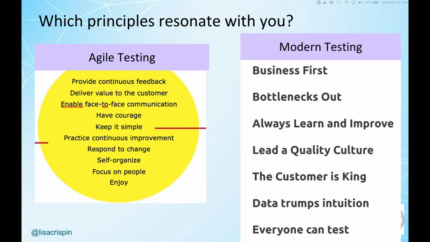Also make your testing visible, make the value you're adding visible. Mike Lyles did a talk yesterday in the online test conference about that. Show the value you're contributing, show the contributions that your team is making, find a way to make that visible. It's so important, and it's really part of leadership, making everyone aware of the contribution you and your team are giving, what the quality is helping. There are lots of different metrics you can use, a lot of different ways that you can look at that.